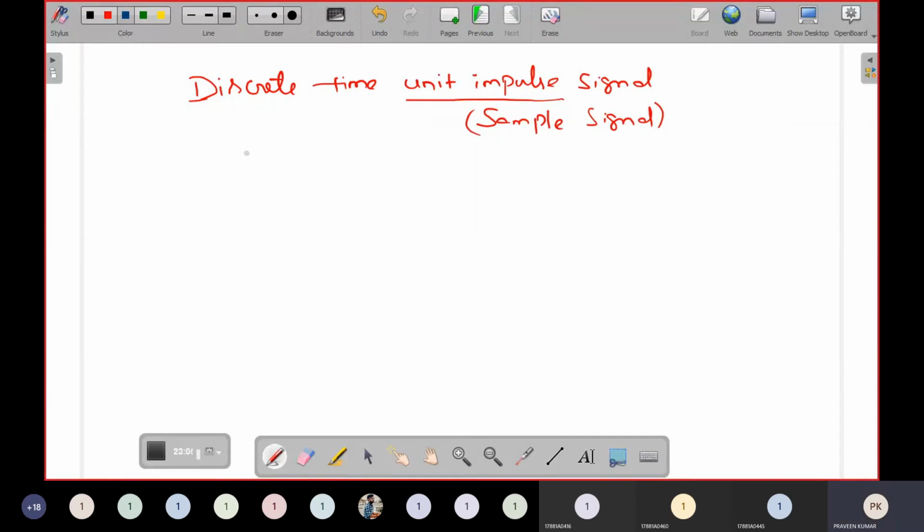So the functional representation again. x of n, the impulse signal, is represented with delta of n. The impulse signal exists only at n is equal to 0. The amplitude is 1. In the remaining times where n is not equal to 0, that means positive from 1 to infinity, negative from -1 to -infinity, amplitude is 0. This is simply the functional representation of your discrete time signal.